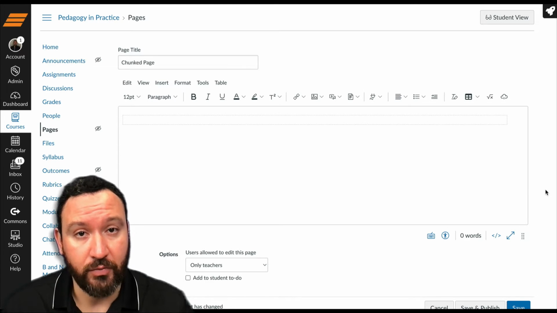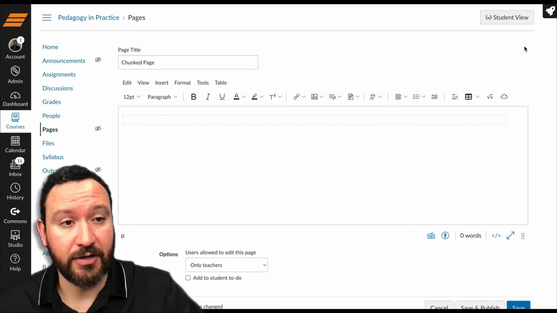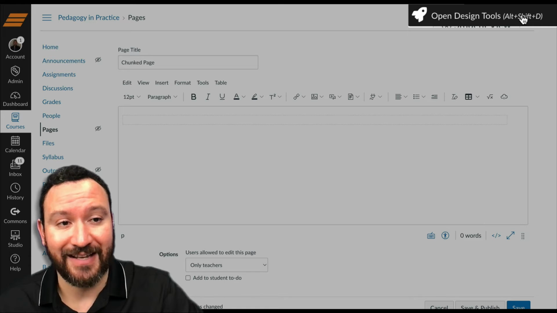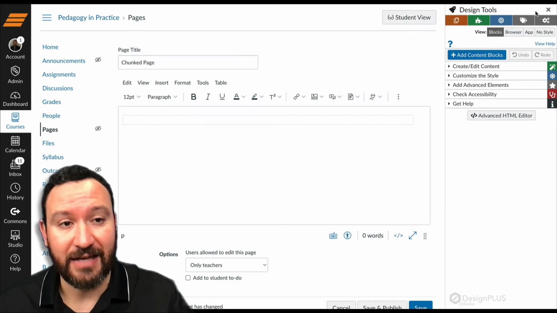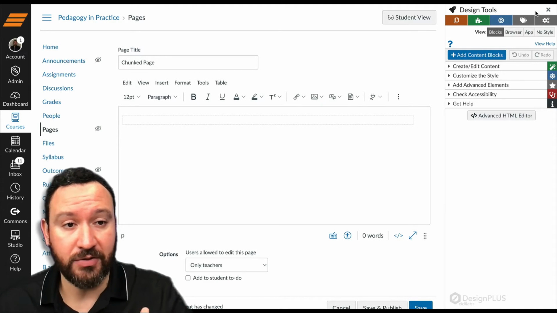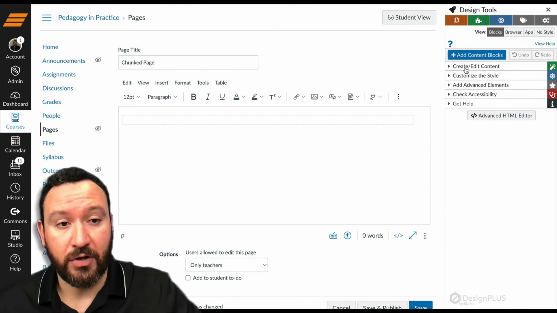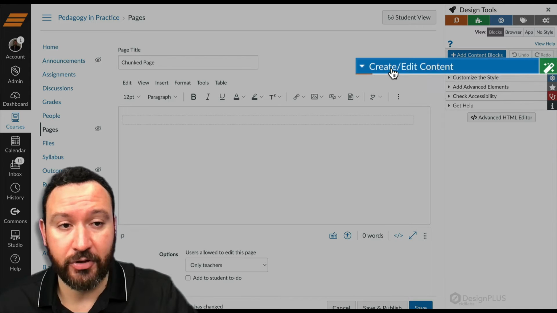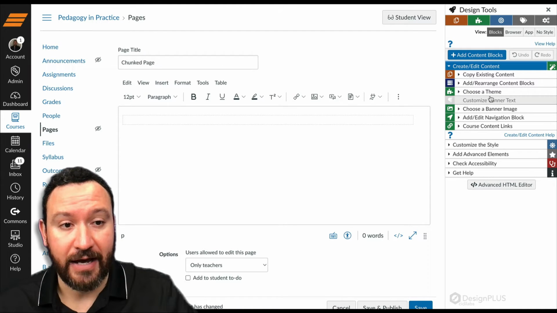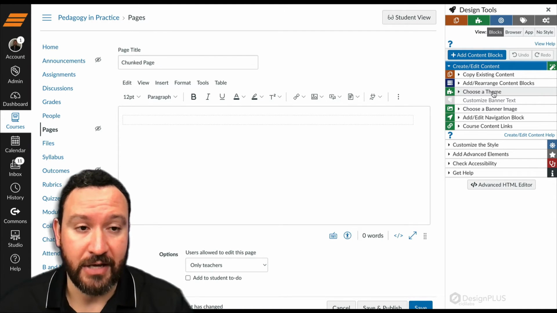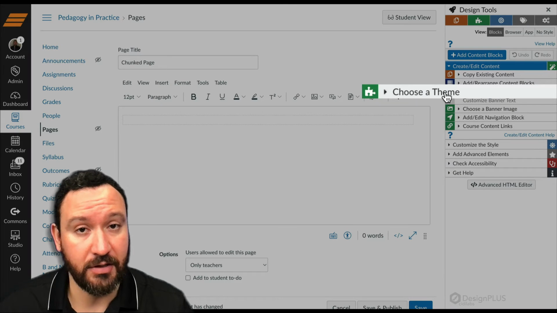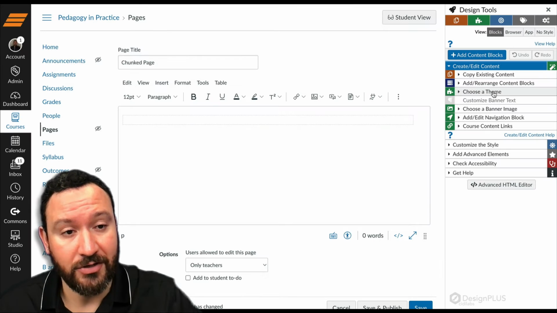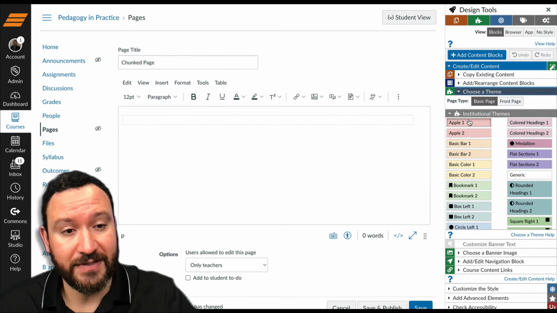But most importantly, in order to get started, I need to go to the top right, open up my Design Tools bar, and click that. It's going to have that little rocket ship. And when Design Tools pops out, I want to go to the Create Edit Content menu. Once I'm there, I'm going to click that. Scroll down, and the third option in that menu is I need to choose a theme. This is first and foremost the thing you need to do in order to get everything started in Design Tools. So I'm going to go ahead and choose a theme,